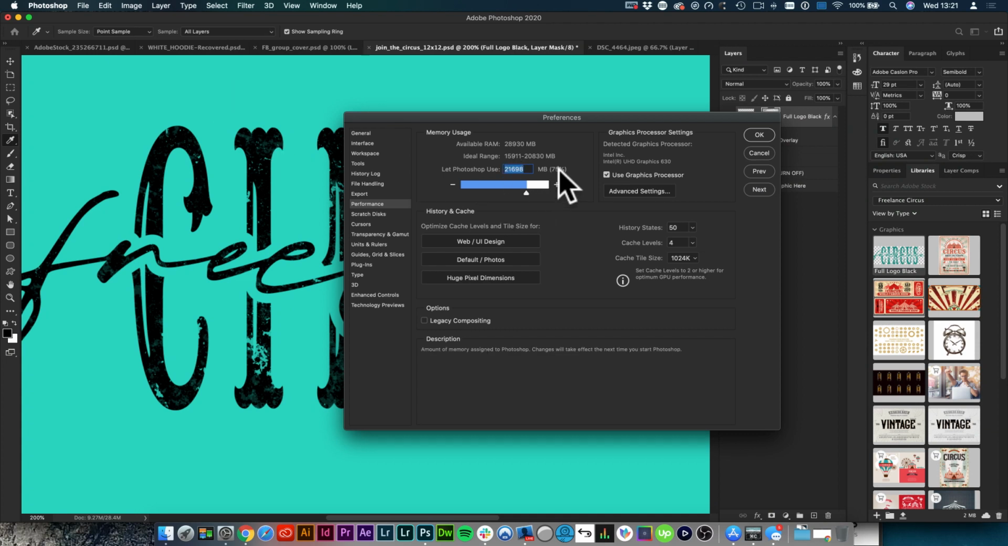And then I told Photoshop, I gave it permission to use 75% of my system. You can just scrub this wherever you want, how much Photoshop can use, available RAM, that is. So that's my memory usage. And then I went into, what did I do? Let me think about this for a second. I went into